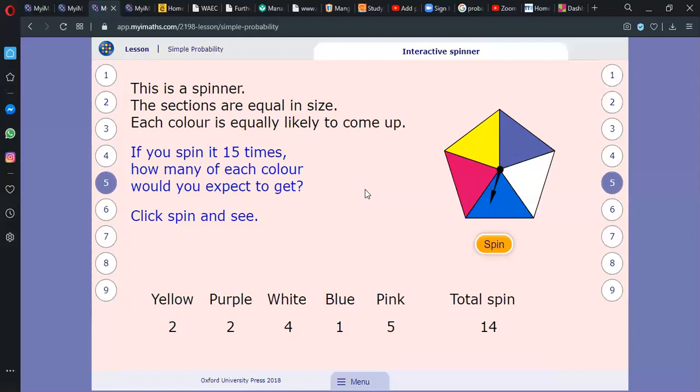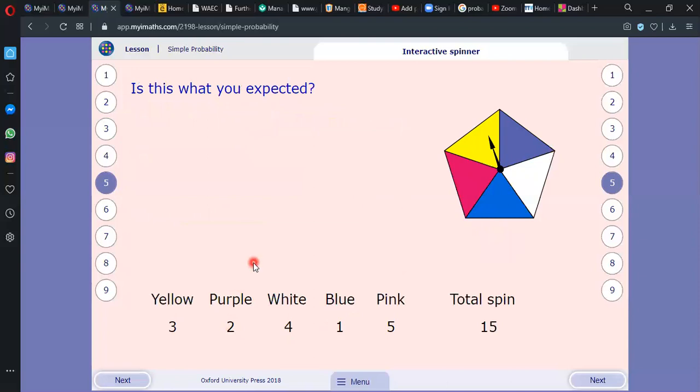14th spin. We have and the final one. Let's go. The final spin gives us the yellow. Oh, no, that was for the 14th. Okay, yellow again for the final spin. So we have this result. Now, is this what you